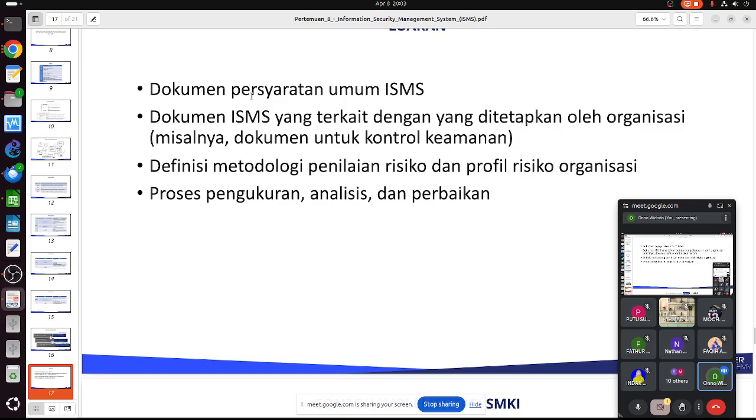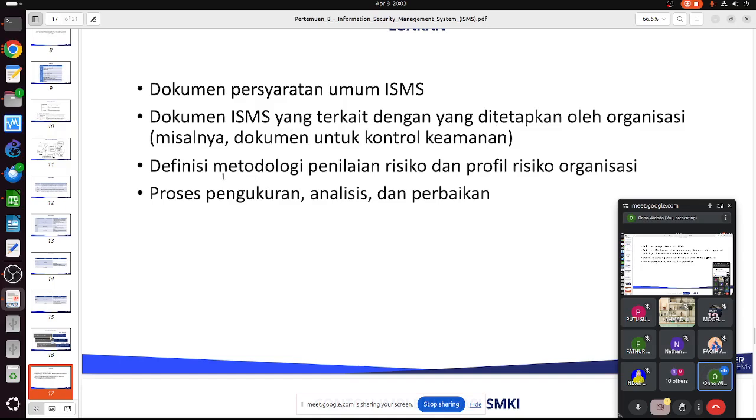Then we have all the requirements for ISO 27000. This is basic compliance, and then we have the documents related to control, security control,